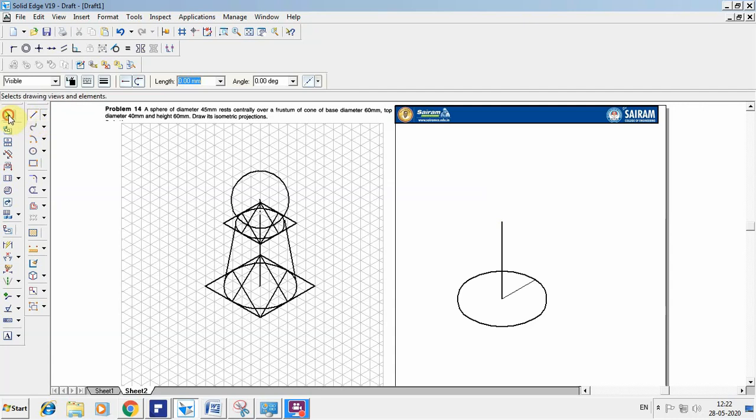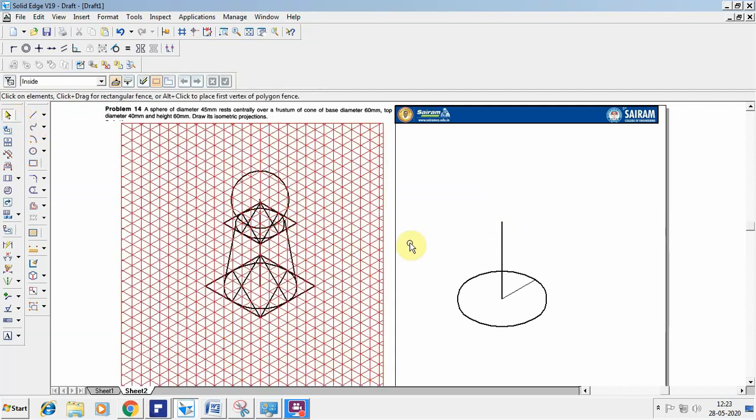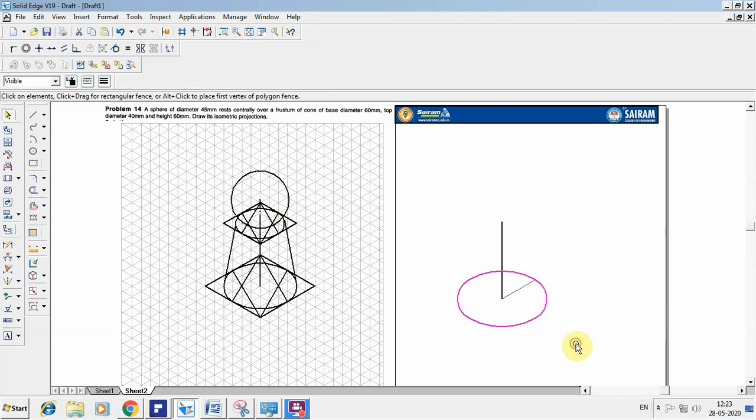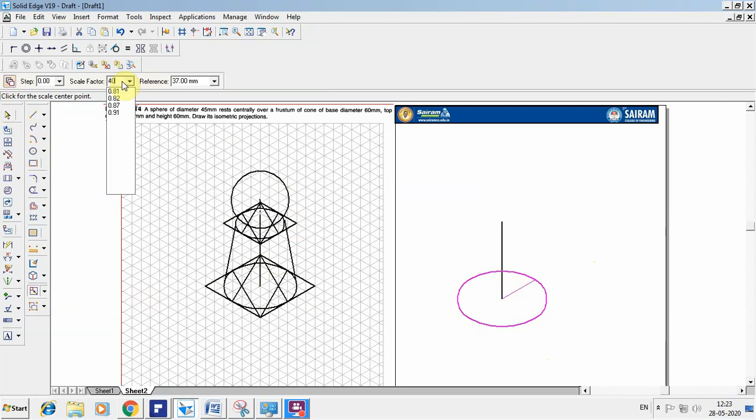Now again I have to create one more circle on the top. Previously I did both the sides. So now what I want to do is reduce my work by utilizing the already existing circle. So I want to select this circle. I'll go for a scale with a copy option. So now I already have 60, I need 40. So 40 divided by 60, if I enter, it will be reduced. So I can use the same.